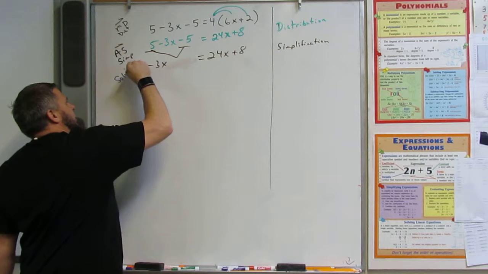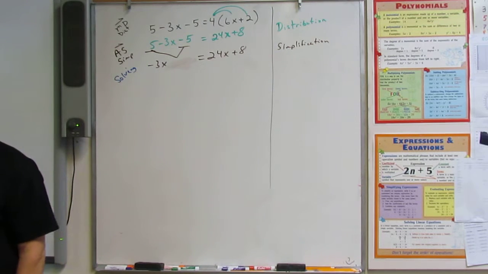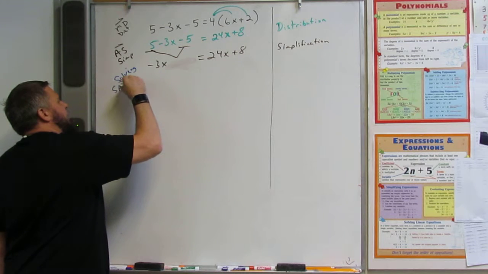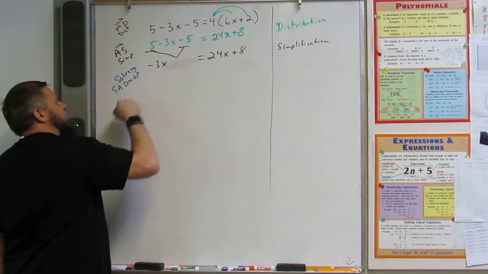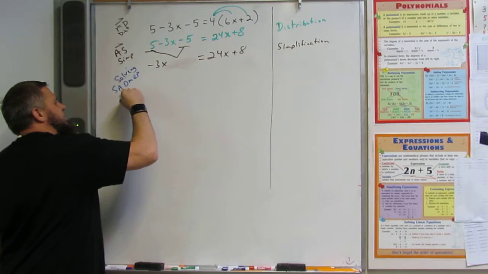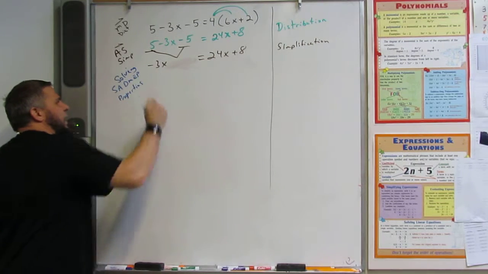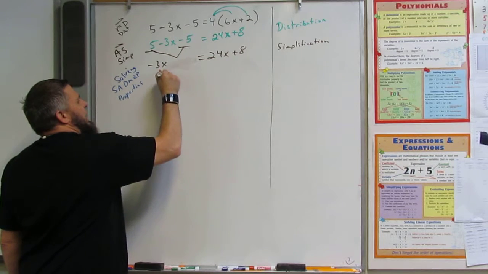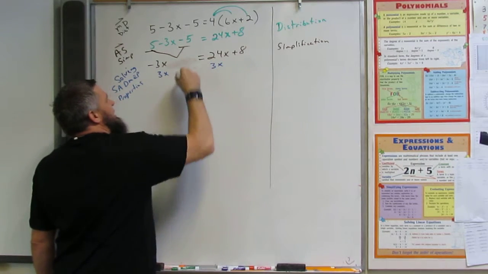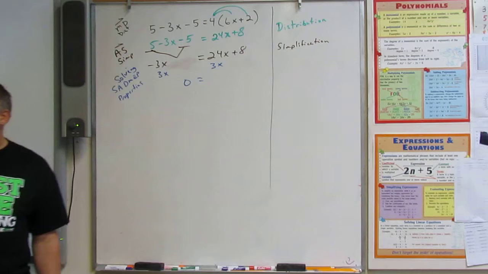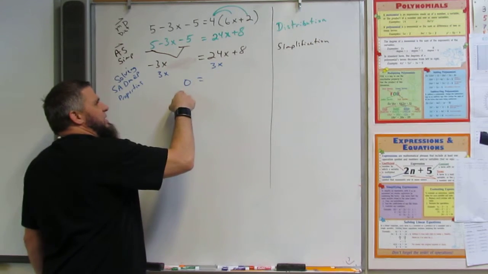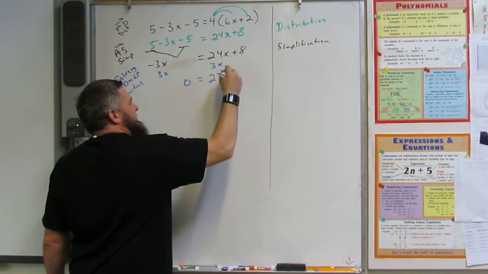When we're solving, we're using SAD-MET. When we're using SAD-MET, we're using our properties. So, opposite, 3x, 3x. Now I do need that 0, because I have to have something over here. And this is 27x